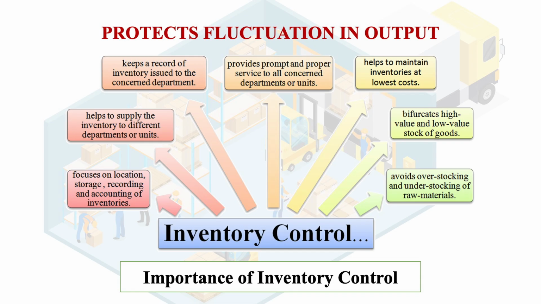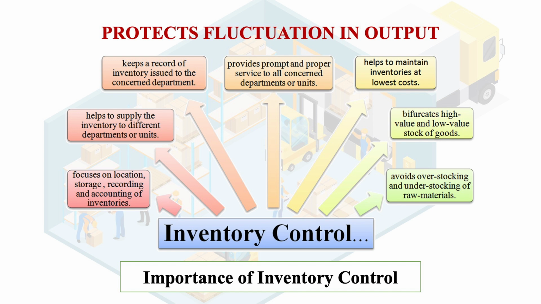Describing the importance of inventory control, there are 7 segments. What are those 7 segments? The first segment focuses on the location and storage, regarding accounting of the inventory, meaning the warehouse where storage is there and where reordering is there. So it is all to be accounted for. It comes in the cost accounting process.